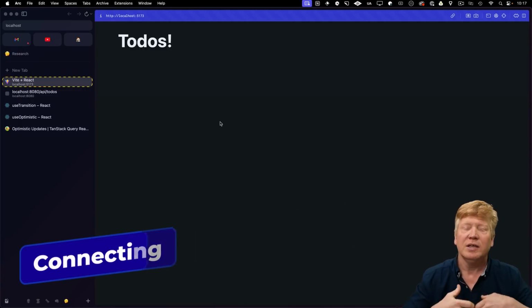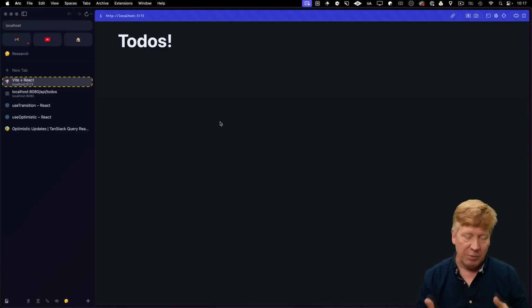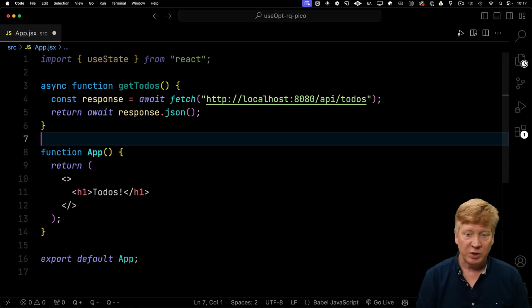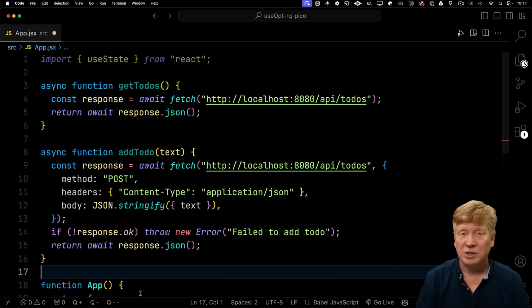All right, now we have our basic app set up. We've got our CSS going. Let's go and connect that to our API server. To do that, I'm going to bring in a function, getTodos. It's simply going to call that API to-dos and give us back that list of to-dos. Next, I'm going to create an addTodo function. This is just going to take the text string, and then we're going to post to that same endpoint,